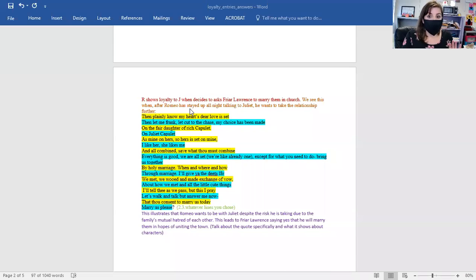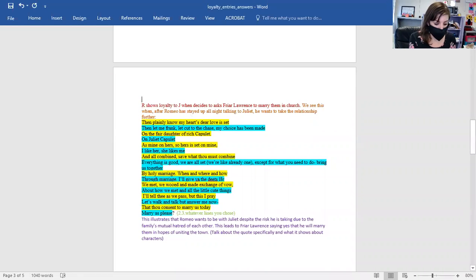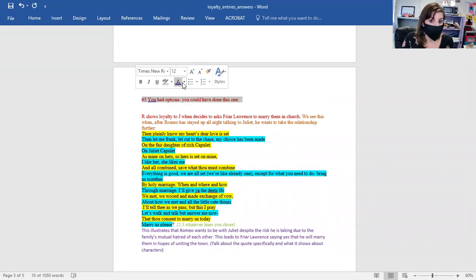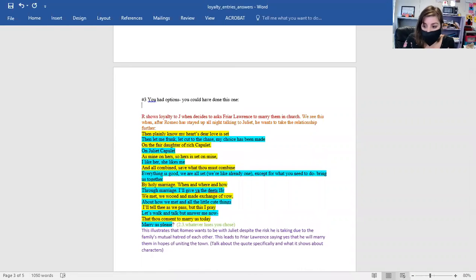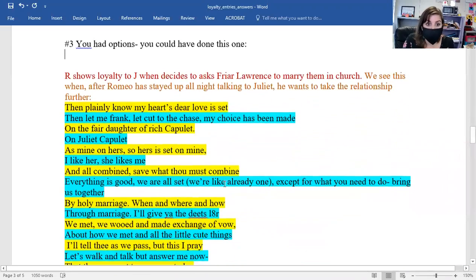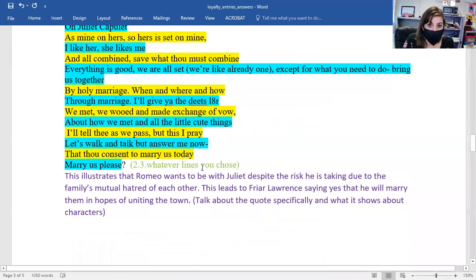Okay, so last class you had the option to do one of two loyalty entries for loyalty entry number 3. You could have done this one, or you might have done the one where Friar Lawrence is answering back to him. So I'm going to go over both of those. Let me make it larger so you can see. So the first one, if you did 2.3 lines, the ones where Romeo's talking,